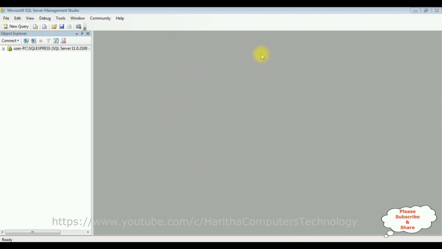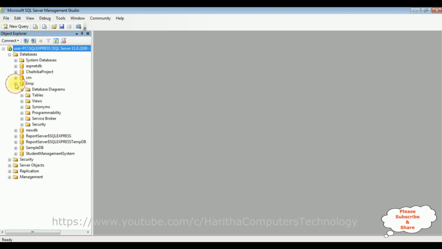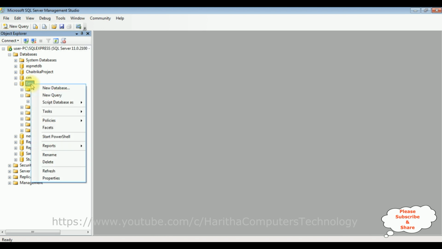Before writing the coding part in ASP.NET Core MVC application to insert records, first we'll create a new table in SQL Server Management Studio. I'm expanding the root folder as well as the databases. I want to create a new table in this EMP database. Let's expand this EMP database as well as the tables folder. Notice right now this EMP database contains 0 tables. Let's create a new table. Right click the database EMP, select new query,